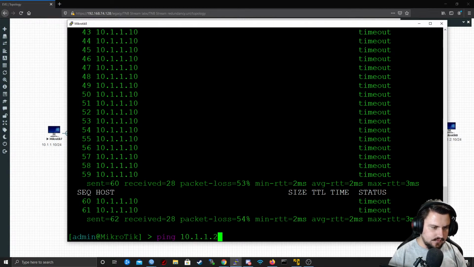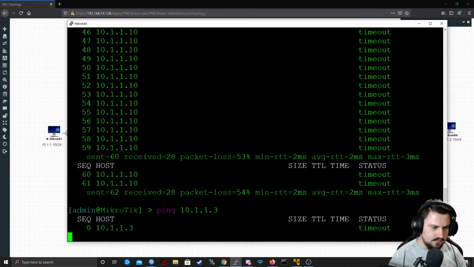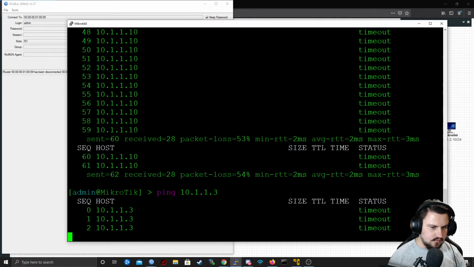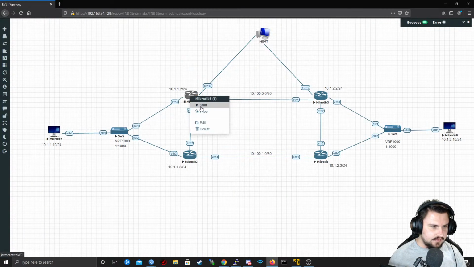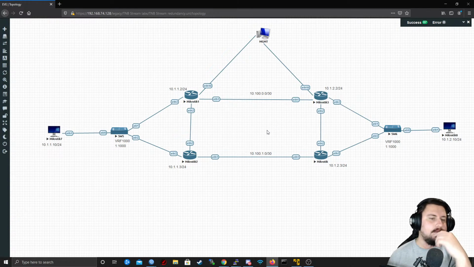Something I just want to check. Can I ping .3? No. Okay. I'm just quickly going to get this router back up, because in theory I should be able to get to .3. But I'm wondering, because the traffic's going to